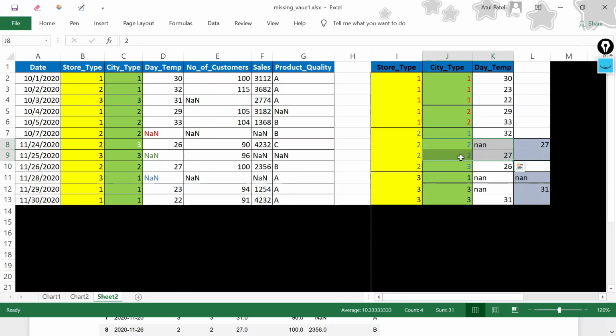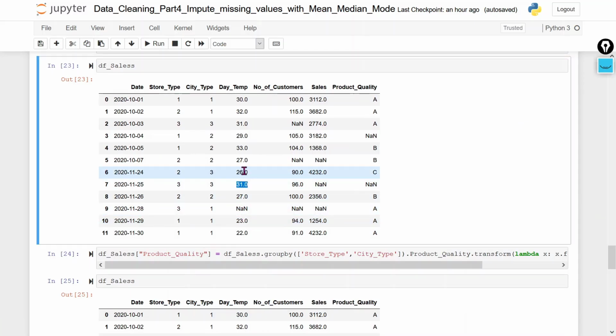So what will we do? We will do 27 divided by 1 because we have only one value. So this value will be 27. In this place there is only 1, and here we have only 9, that's why it is coming 9. And here we have 2 values, so this value will be 31. So 27, 9, 31. Let's check what value we got. This is your 31, this is your 27, this is your 9.